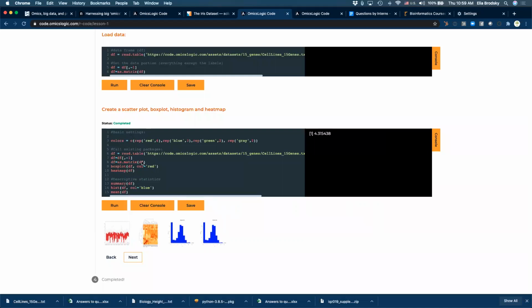So that's basically what it does, because a data frame can contain any kind of data. Okay, so here, what we did is we used this number. Now let's try, okay, if you can try, instead of this 15 genes, let's actually try to use the full data set and see what happens.